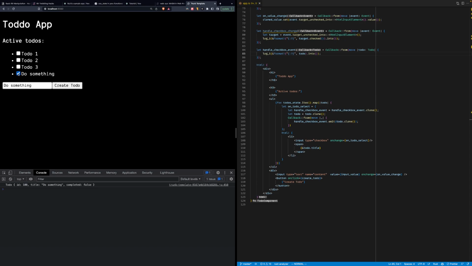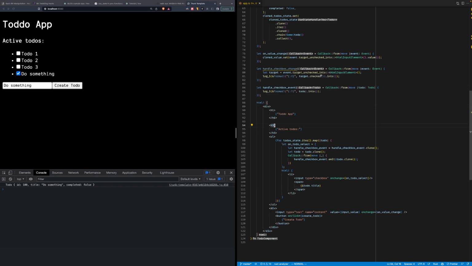Interesting. If I click here, perfect, we have access to TODO now. But do we have access to... Oh, no. I want to be able to access the event as well, if it is possible, of course. I wonder if it is.